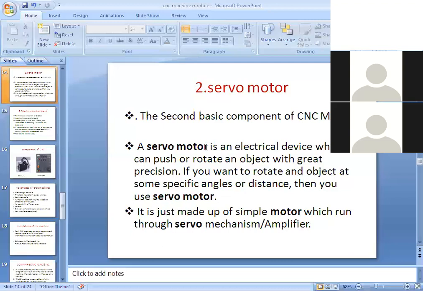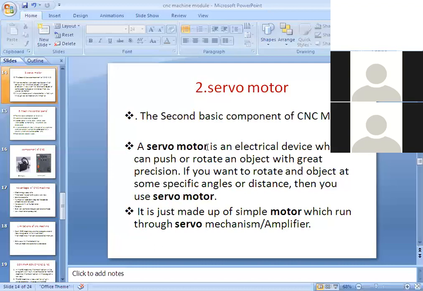If you want to rotate an object at some specific angles or distance, whether a workpiece or a tool, and you give some angle, it is going to move exactly that angle only. And in length, the forward and backward movement options will also be there; all of that is controlled with the help of the servo motor. I hope you understand this point.